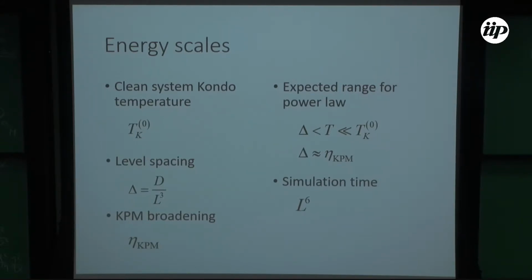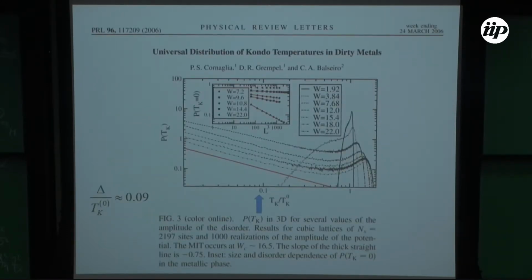Now, the KPM is an order n method, but we have L cubed sites, so that gives me an L cube, and I need to increase the number of moments, because I need to keep eta KPM with this, so I'm getting something that basically scales as L to the 6th. Now, if we go back and look at these energy scales for the previous simulation that I showed from 2006,